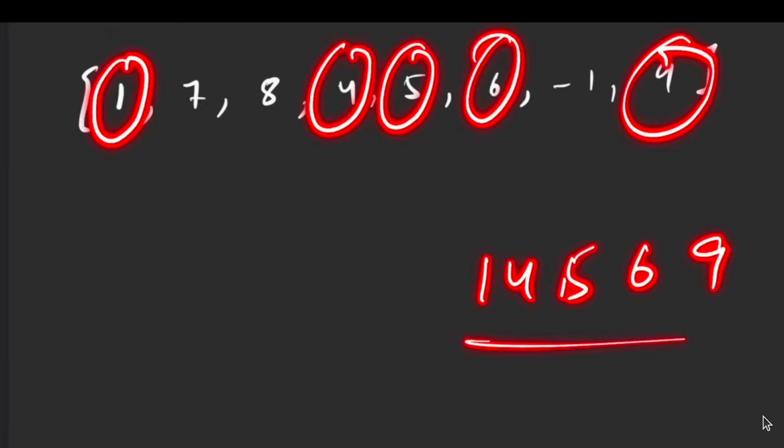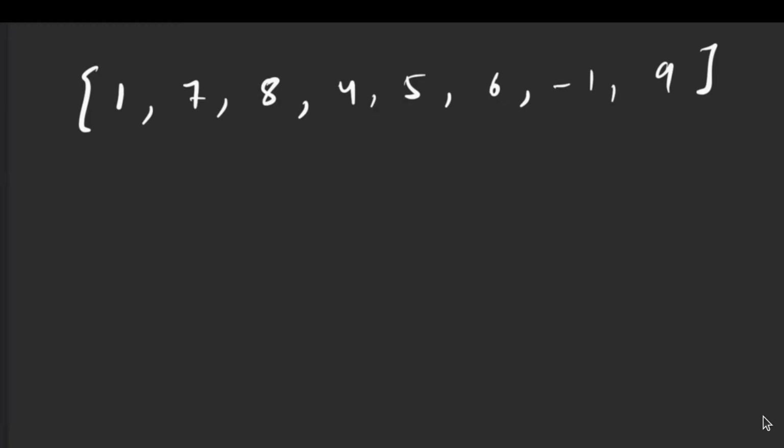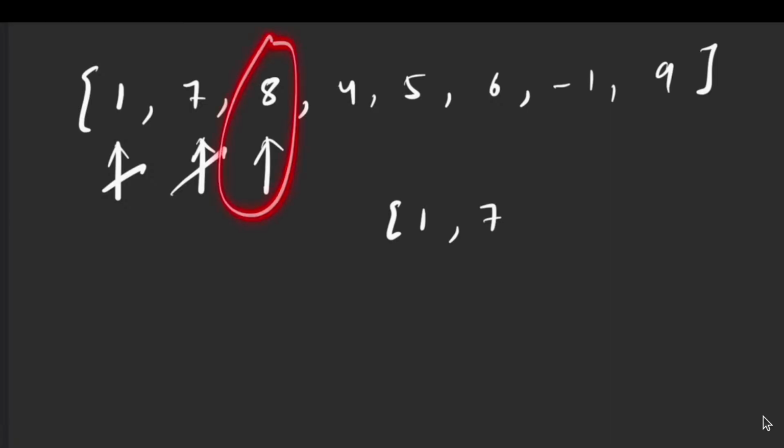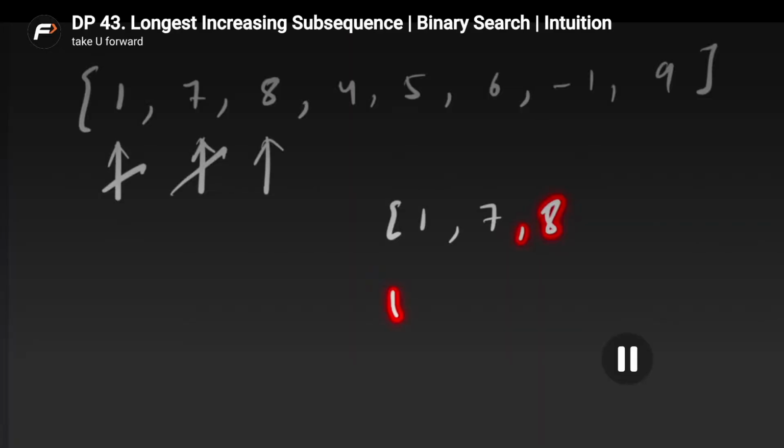Okay, so how do you actually solve this particular problem? That's a big question. So how do you approach this problem? So what I'll say is, okay, let's try to go across every element and try to form subsequences. That's my thinking. So initially when I'm at 1, let's form a subsequence with 1. Makes sense. Next, let's go to 7. Do I need to form a new subsequence with 7, or can I just attach it over here? The answer to that is, let's attach it over here. Why? Because if you form a new one, it will be of length 1. But if I attach it, it is still increasing, and it has a length of 2. Perfect. Let's move to 8. Now, if you're having 8, can you attach it over here, or will you prefer this? You can, because